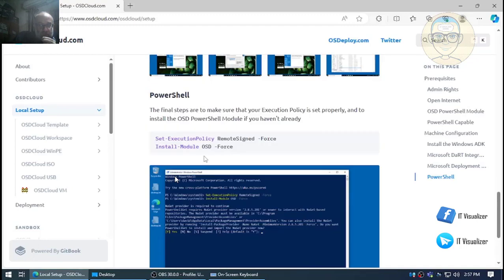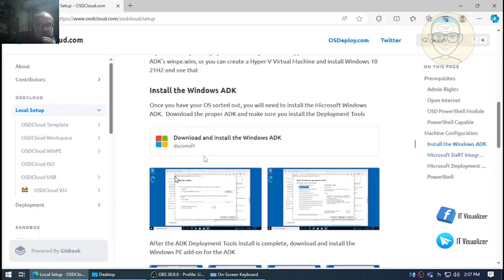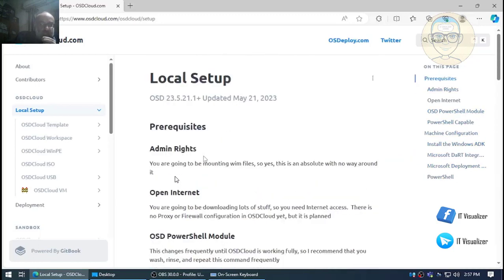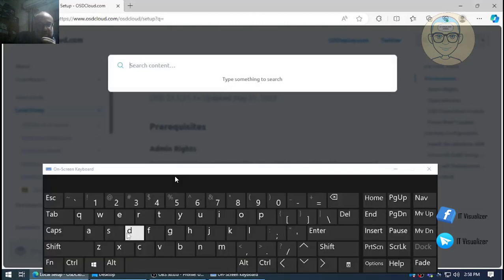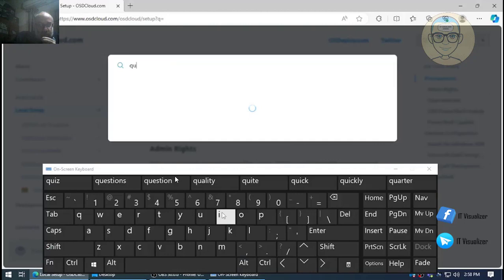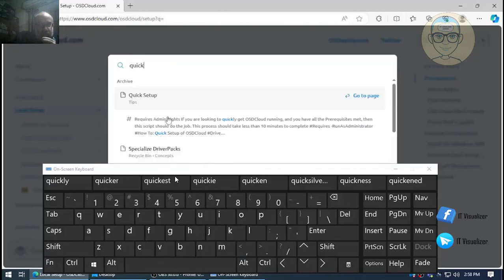So this is the long way. As for the short way, we need only to install the ADK and then begin processing some PowerShell lines or PowerShell commands. Here you can get the quick setup by making the search